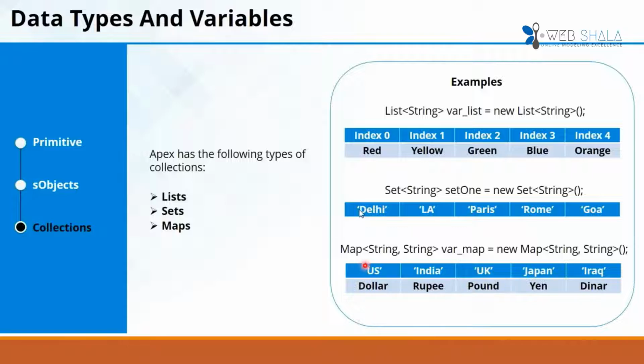So that is called my key value pair, which is represented like Map in angle brackets, key comma value. String, string. So right now it's both string. It can be integer comma any string. It can be integer comma integer. It can be ID comma account. ID comma account means that particular ID